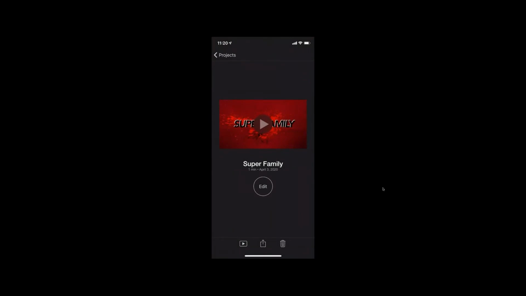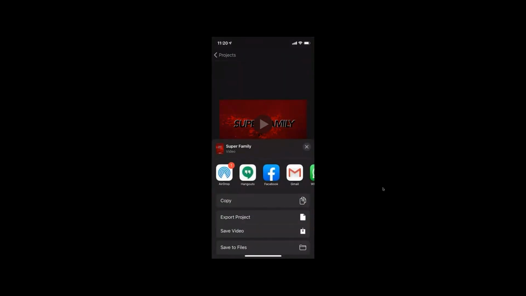Whenever you see the arrow pointing up with a box, which is the middle button at the bottom here, it allows you to export, and you can export to your camera roll. So you can see here, save to video is typically what I would use. But you could also export your document, if you wanted to, let's say, iMovie for the desktop. So if you have a Mac computer and you want to continue working on this on your Mac, you could do that. You could export your project